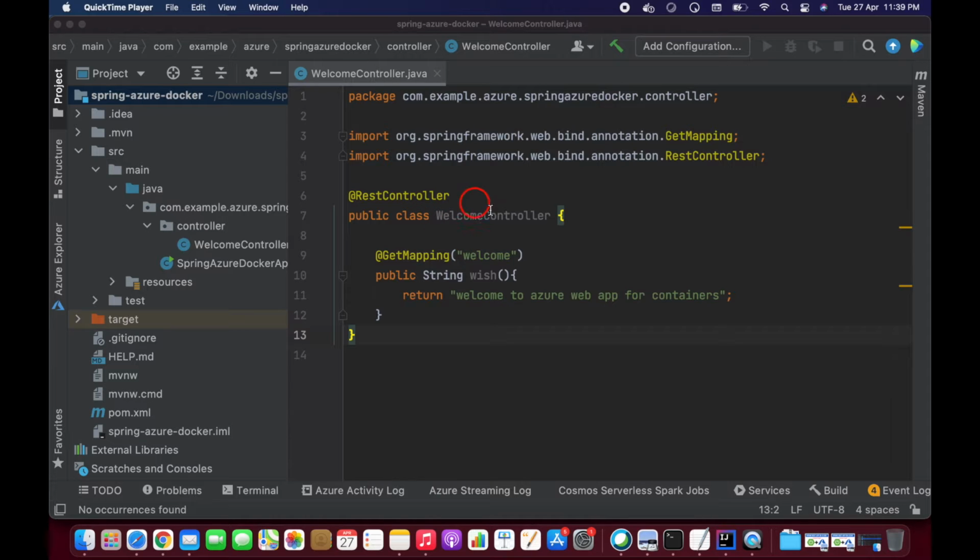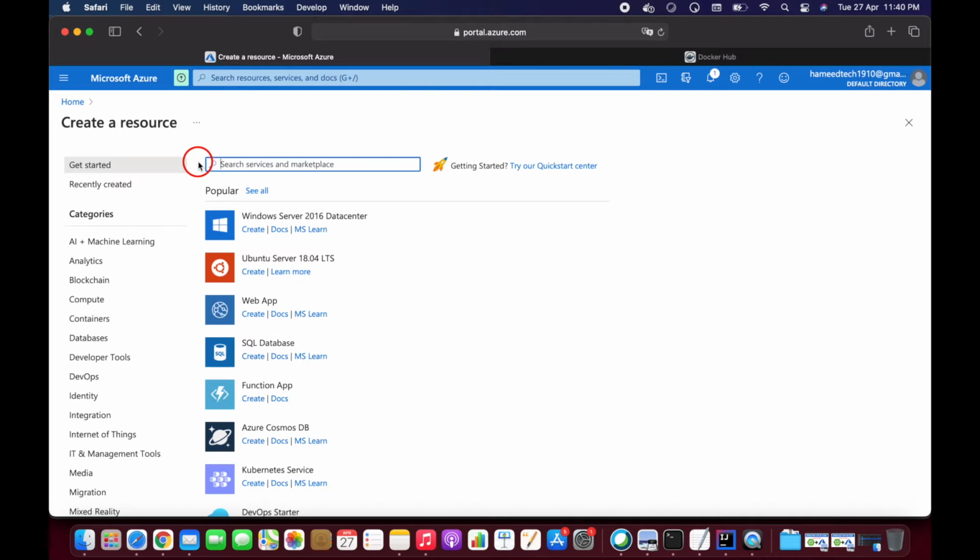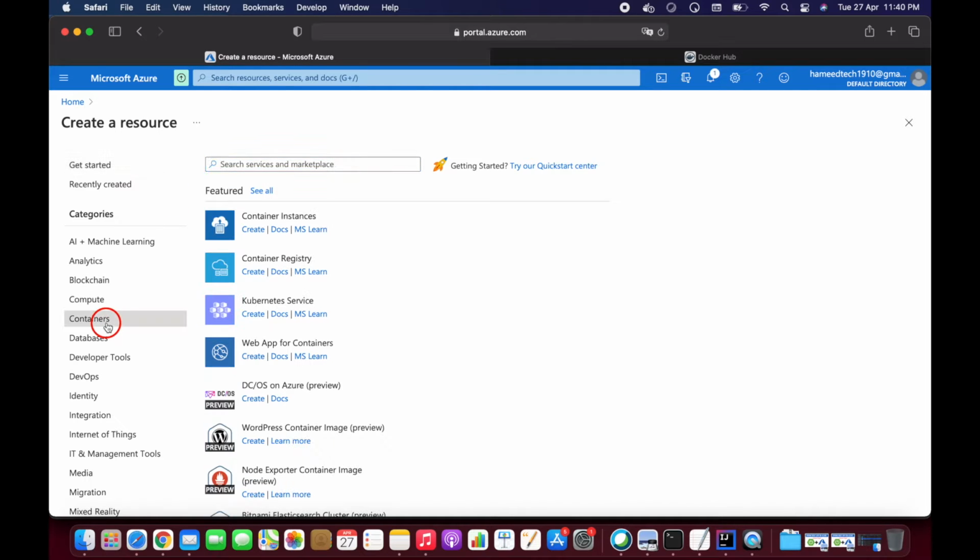I have one controller, the welcome controller, and we have a welcome endpoint which is going to return "Welcome to Azure Web App for Containers." Okay. So let's open my Azure portal, guys. So this is my Azure portal. Here I'm going to create a resource, containers,